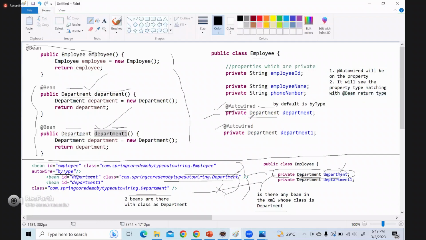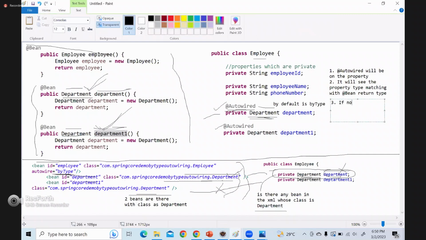What is the property type here? Department. Now it will see whether any bean has return type department. Yes, two beans are there. Now if more than one bean is found, in XML you'll get an error, but here it will go and check